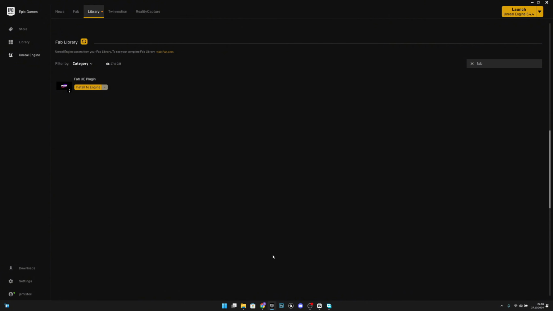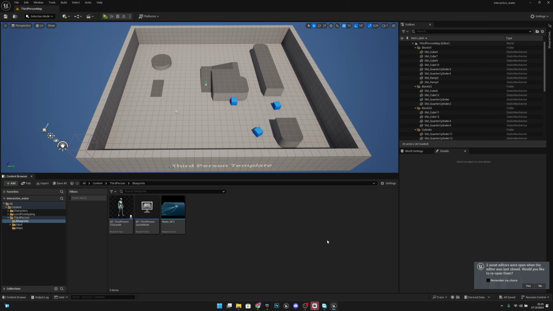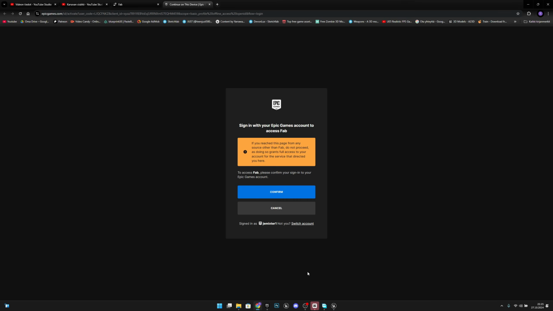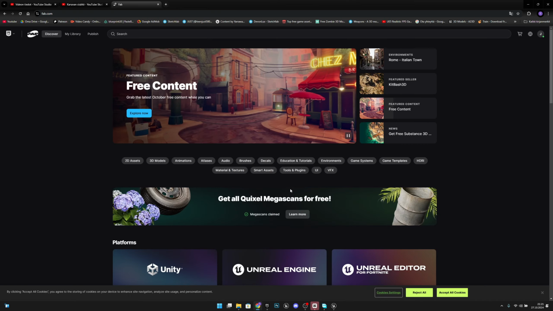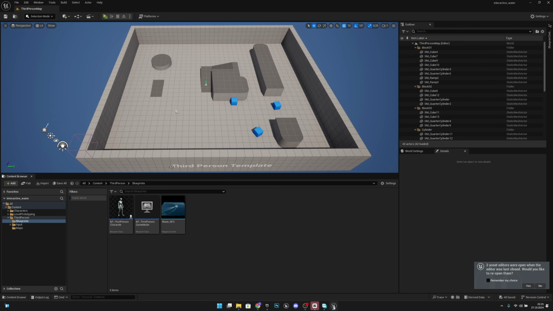and go to any project. After your project has opened, you also should have this new browser window open, and you have to log into the FAB. Okay. Now that I have logged in, I can go back to the project, and I want to